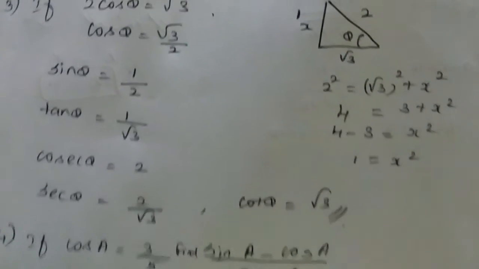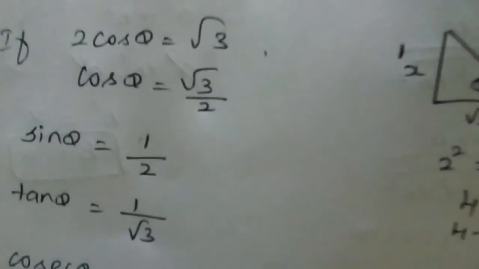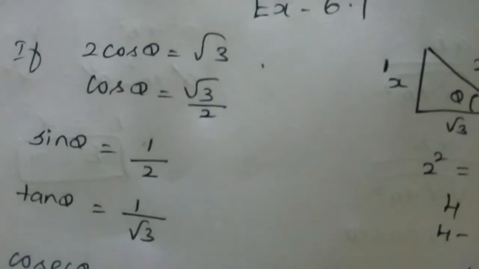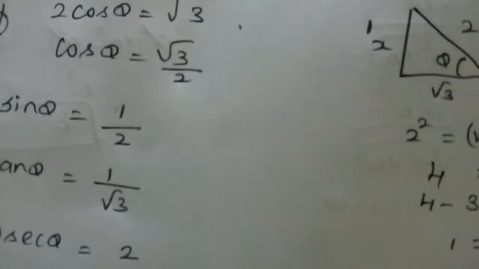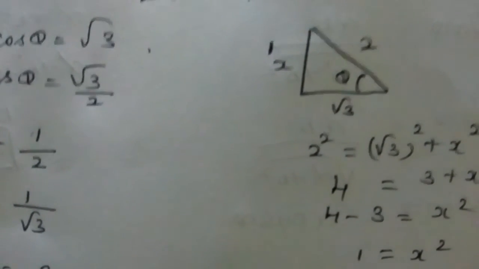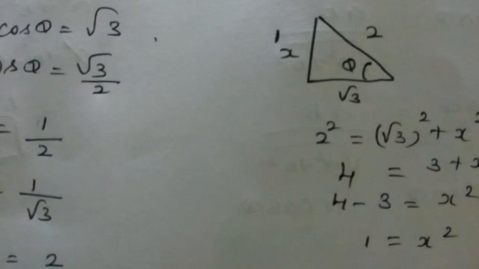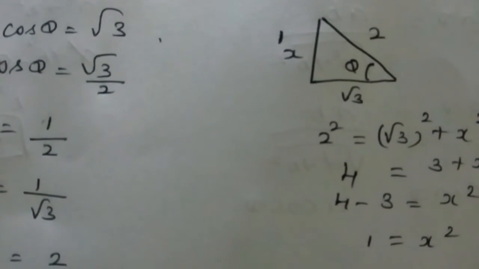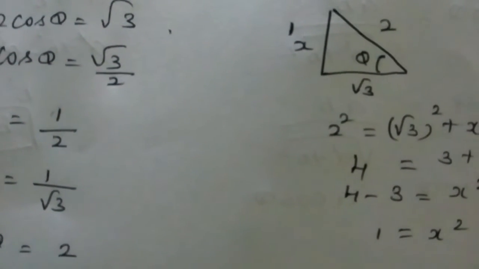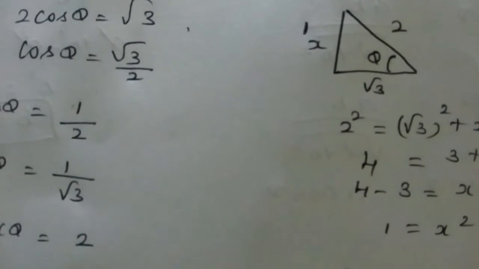Okay. So first, from the given value, we come to know the value of cos theta. So cos theta is equal to root 3 by 2. With this value, we can find the other values. See, I have drawn the right angle triangle. Theta I have fixed in one place. So opposite side, adjacent side and hypotenuse. Cos theta is nothing but root 3 by 2, that means adjacent side by hypotenuse.